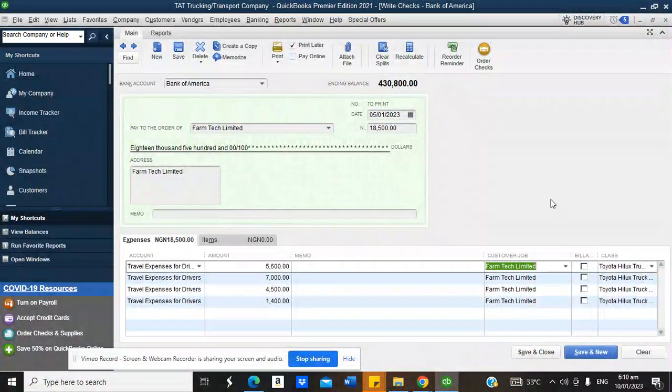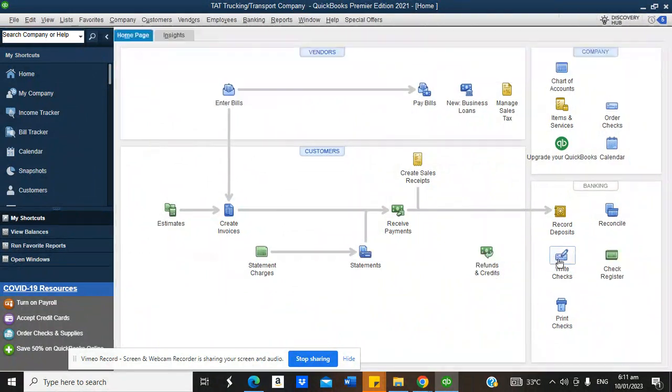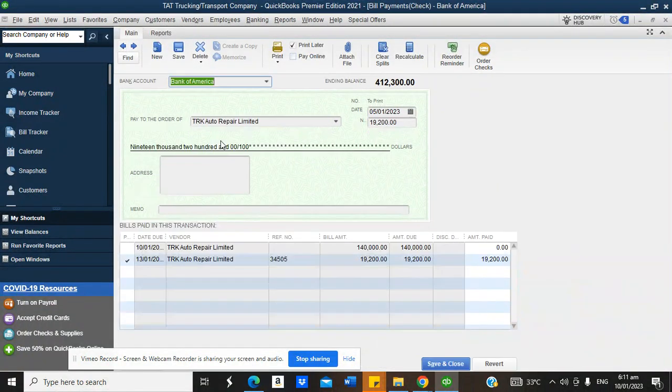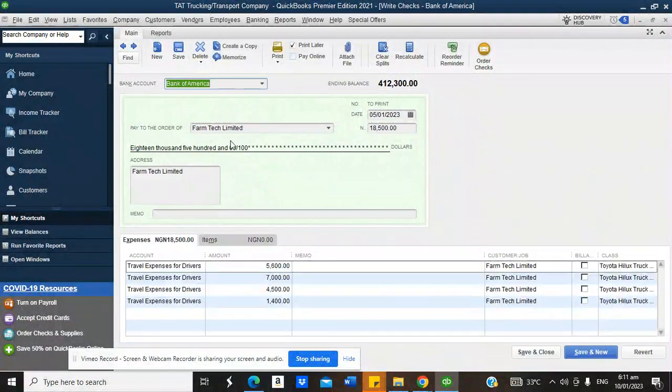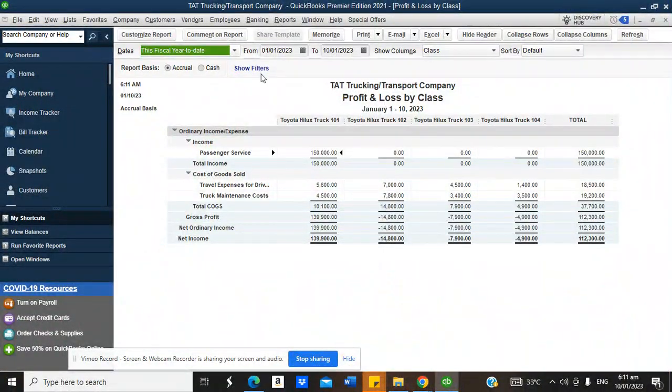But make sure you do the right thing by mapping them to their relevant truck account, so that you can categorize those transactions by truck and generate the right reports as far as each truck is concerned. So we've posted this as cash expenses. We are not owing anybody. We're making immediate payments. So that's what we've done so far on each of the trucks, which is what we have right here. Then if I go to reports, companies and financials, and then my profit or loss by class,